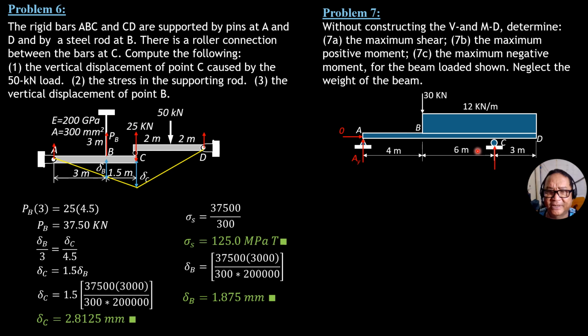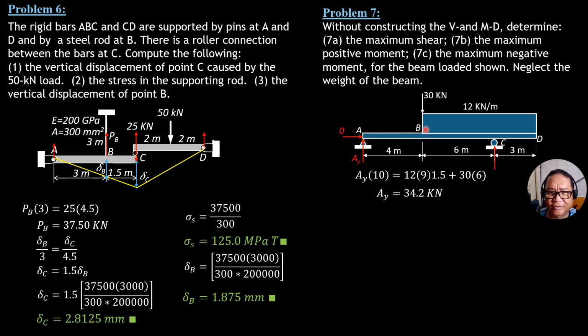at A, summation of moment about C equals 0, A_Y times 10 equals 30 times 6 plus 12 times 9 times 1.5. So A_Y times 10 equals 12 times 9 times 1.5 plus 30 times 6. Again, 12 times 9, then half of 9 is 4.5. This is already 3, so that's why that's 1.5. Then we have plus 30 times 6. So A_Y is equal to 34.2 kilonewtons. This may be the maximum shear, but let us find out.